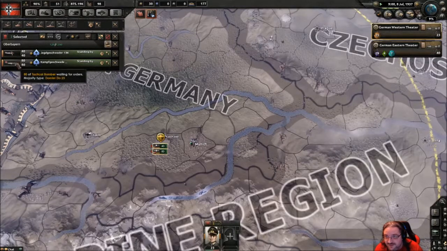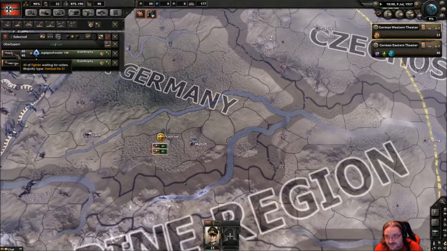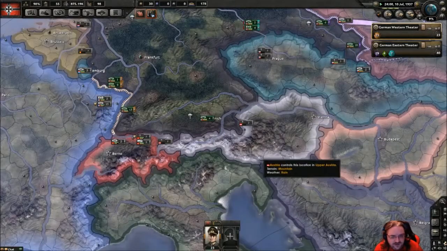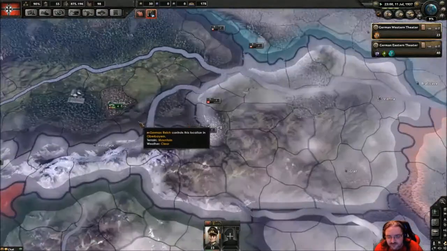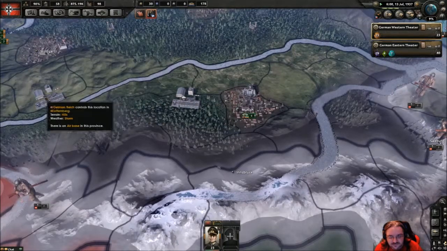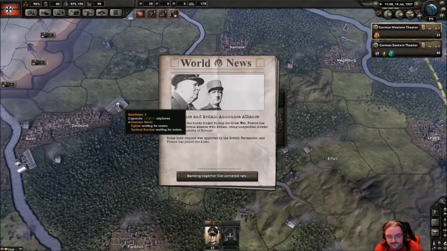What do you mean? I've got the Heinkel HE51 and the Dornier DO23. I've got 80 of those and 40 of the fighters. They're terrible. Where are you looking at that? Just north of Austria. We've got Munich, and then next to that there's an airfield. Oh yeah, these are some of the older ones. We could deploy some of the ones that are around Dortmund. Oh right. Oh, yep. There's the